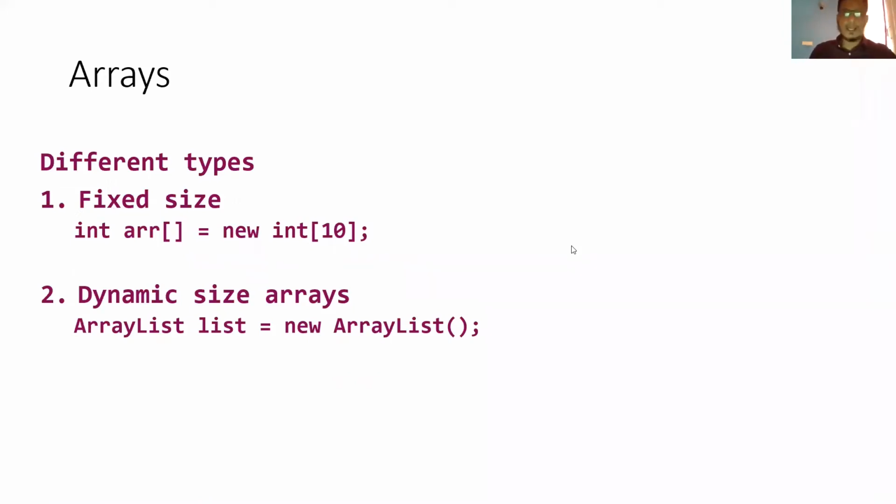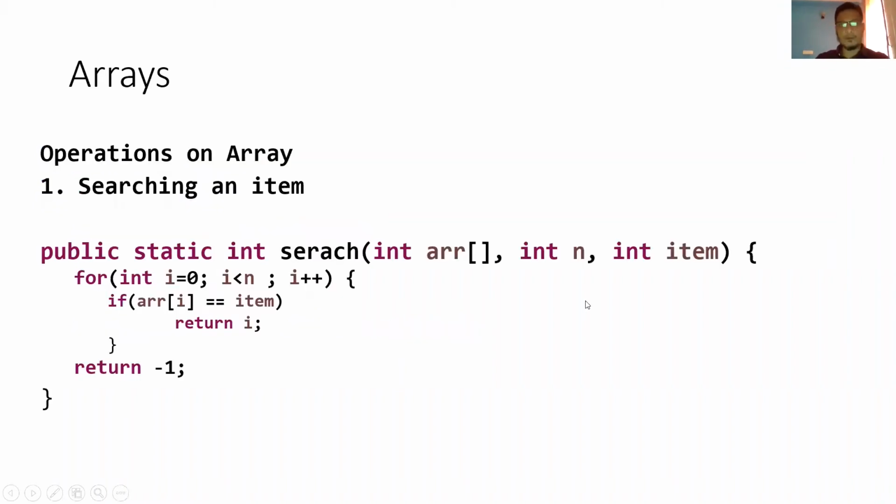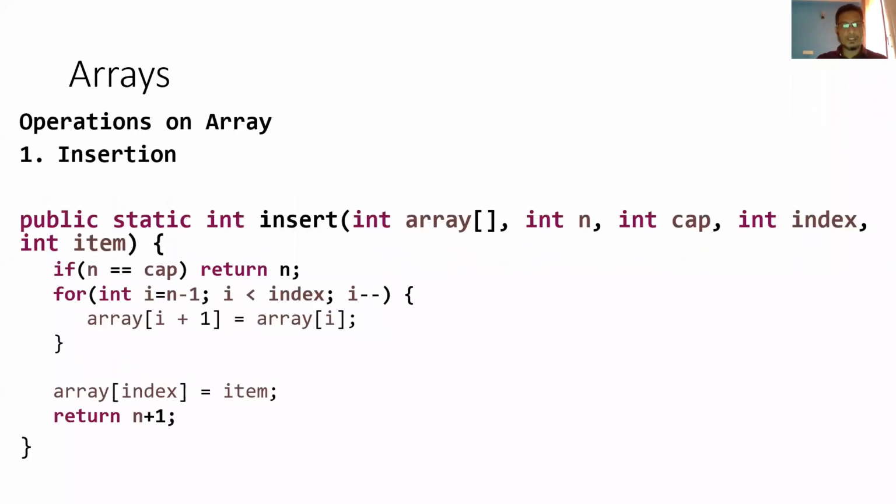I think I was just recapping around what we had discussed last week. Like we discussed about arrays, the advantages of arrays, and then different types of arrays we have in Java. Like we have array, and then we have array list, which is dynamically growing size. Then we discussed about different types of operations, what we can do on array, and then we analyzed their time complexity and space complexity, majorly time complexity.